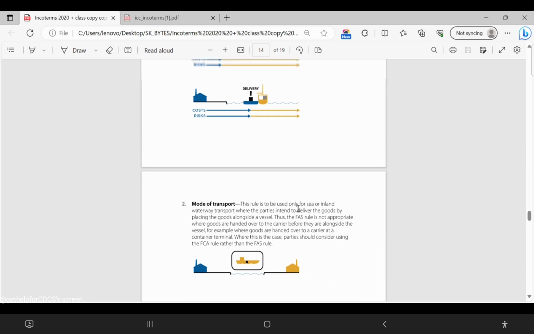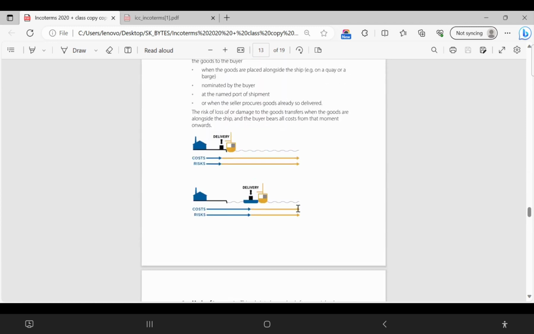So both the parties should know their capacity to carry the goods until that place. If they cannot place alongside the ship, then instead of FAS they can hand it over to the carrier. Accordingly they can decide on incoterms. So this information should be with the applicant, and this information also should be with the LC issuing department. They cannot misuse the incoterms. They should be suggesting appropriate incoterms.